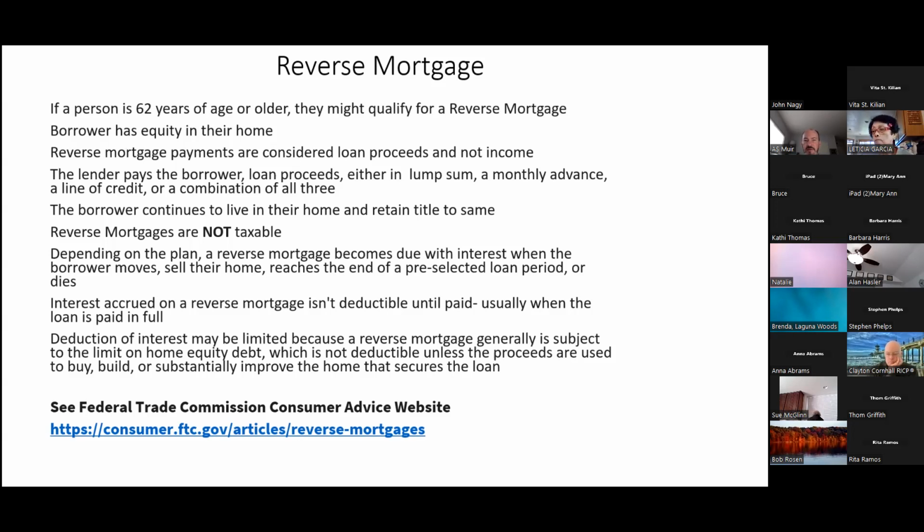So that means at the end of a certain period, and of course that loan has to be paid back either by the borrower or an individual that is responsible for that particular property once the borrower passes away. And so this is something that's good about a reverse mortgage. I've read a lot of good stories and I've read a couple of nightmare stories about reverse mortgages. But you're able to live in your home because you still have title to your home, even though you've got a loan on your home.